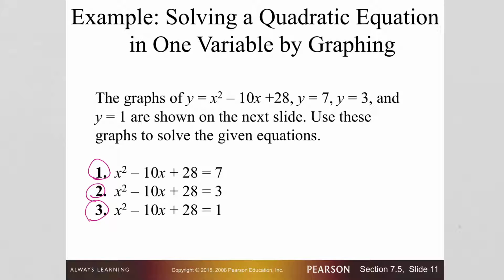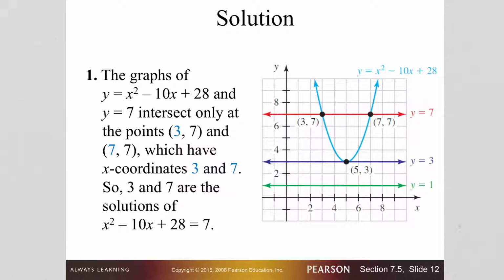It's pretty interesting. Alright, so the y equals x squared minus 10x plus 28 is this blue line. Notice that it crosses at (3, 7) and (7, 7). And whenever we solve this thing, we're solving for x. So whenever we solve this, I'm really hoping that we get these two answers right here. Okay, so I'm going to go back